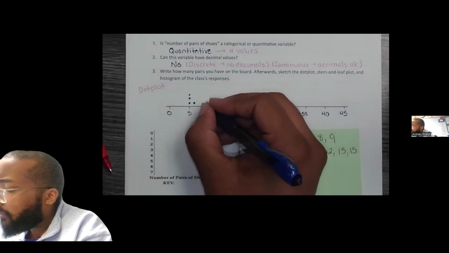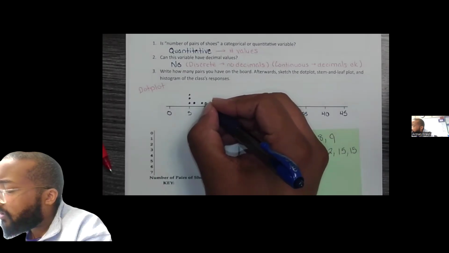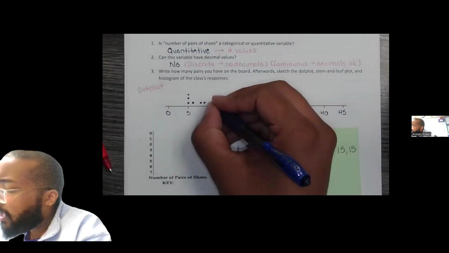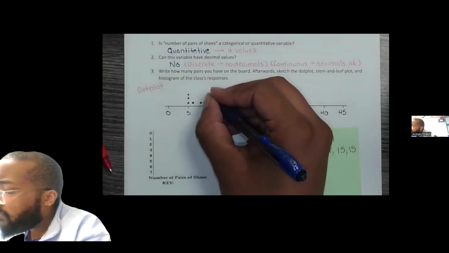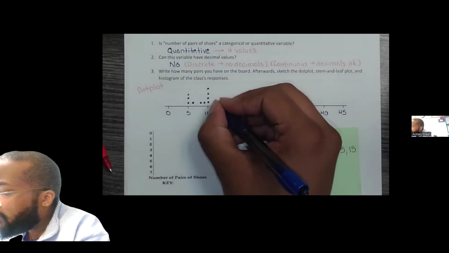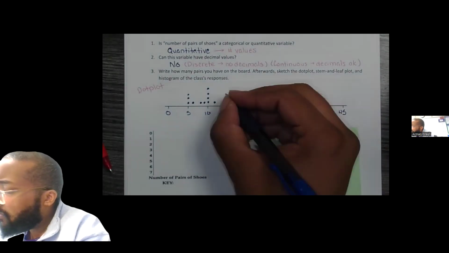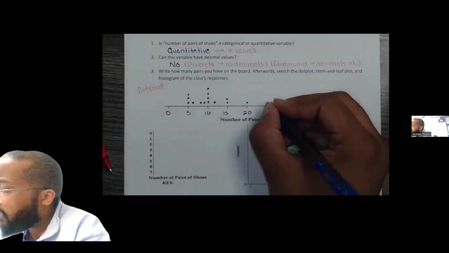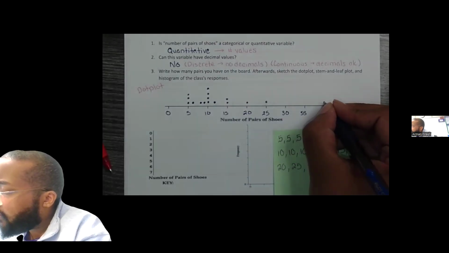I'm going to have a dot that represents 8, a dot that represents 9. And then I'm going to have 4 dots for 10. I'm going to have a dot for 12, so maybe like right there. 2 dots for 15, a dot for 20, a dot for 25, and a dot all the way over here